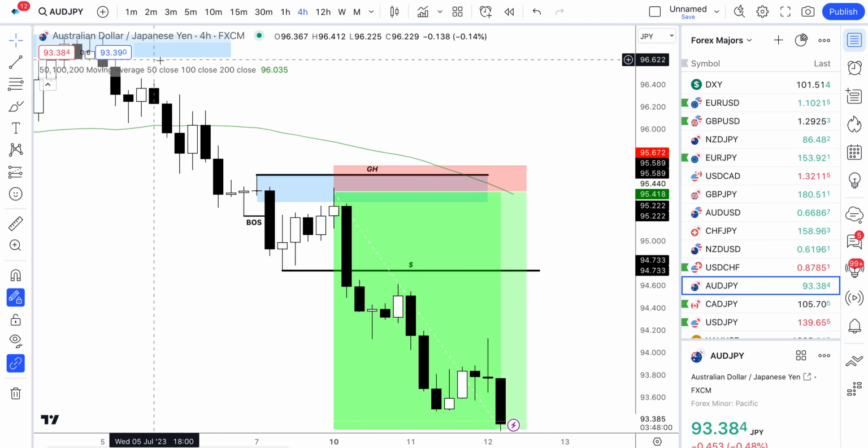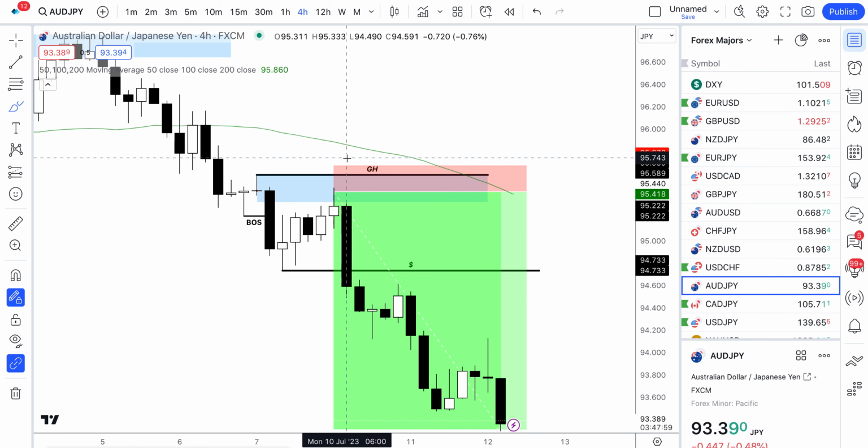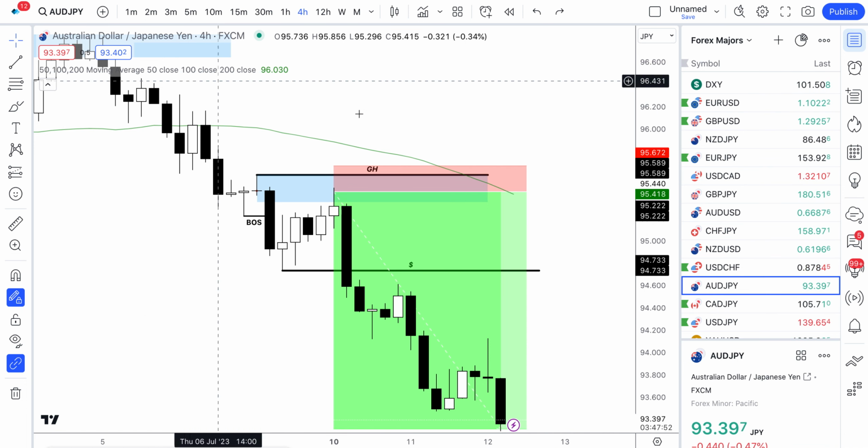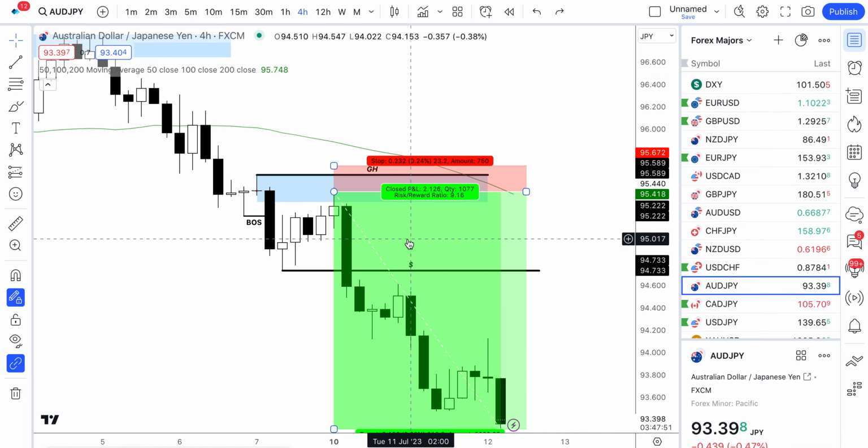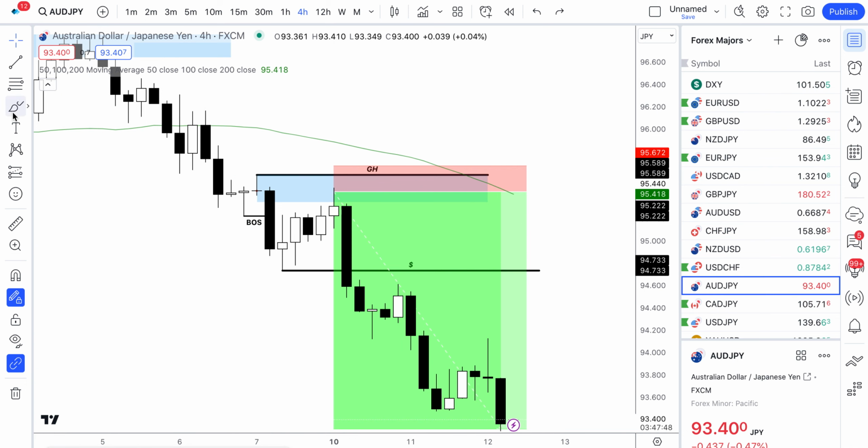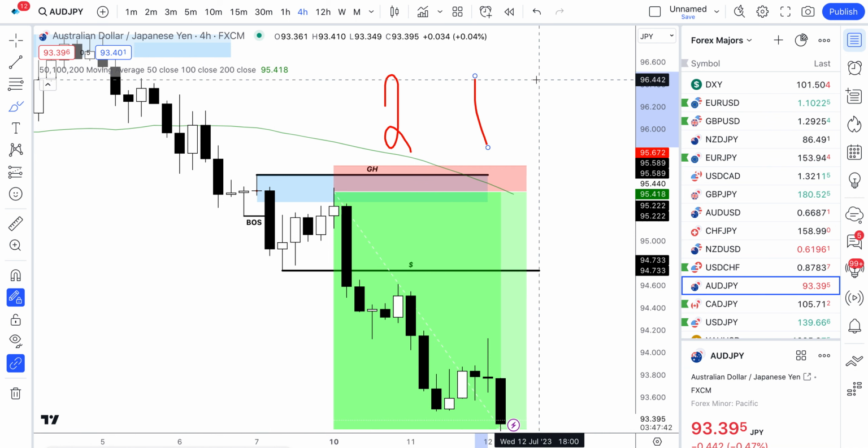In this video, I'm going to run through a trade recap on AUD JPY here. This is on the 4-hour time frame. Currently, this trade is running around a 1 to 9 risk to reward. Just to put that into perspective, if you risk 2% on this trade, you would currently be up 18% on